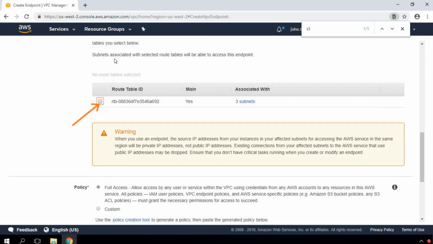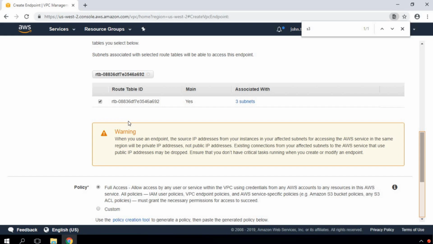And as soon as we create that, the route table association. This is very important because here we are doing the route table association, or updating the route table, saying that if anyone is trying to reach that S3 bucket or that S3 service, it will go over this endpoint. It will not go over the internet.